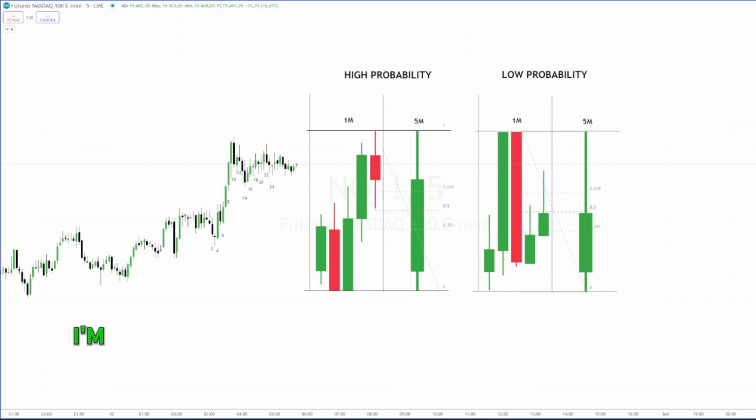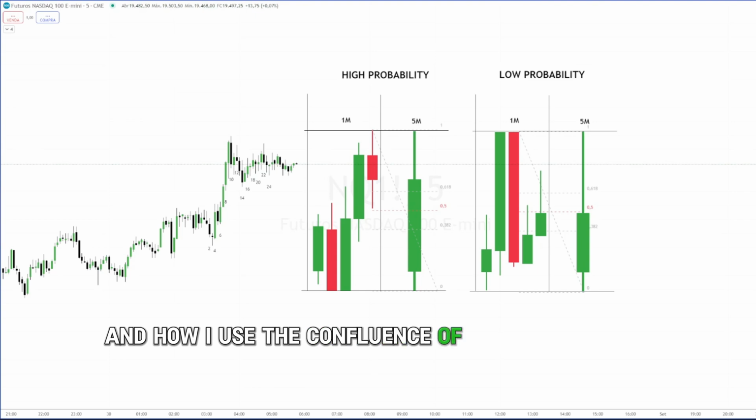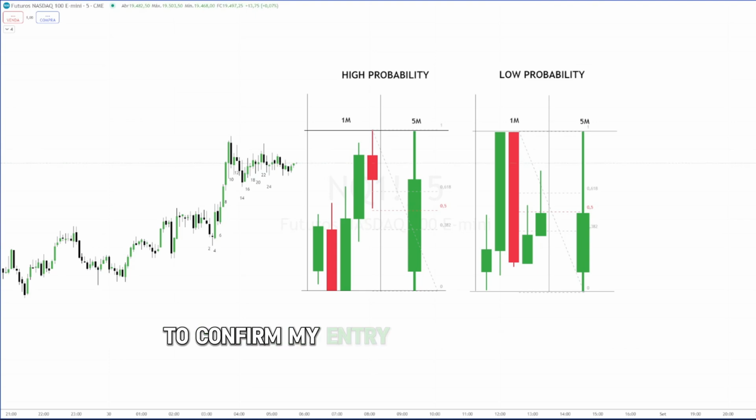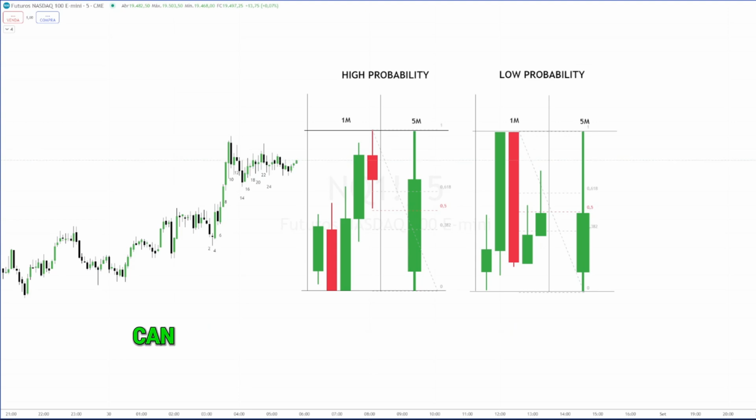In this video, I'm going to talk about how I analyze price movement and how I use the confluence of two timeframes to confirm my entry points in a trade. Watch this video to the end and see how this way of evaluating price movement can have a positive impact